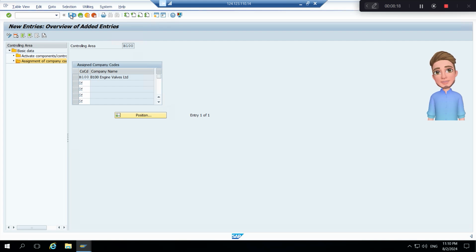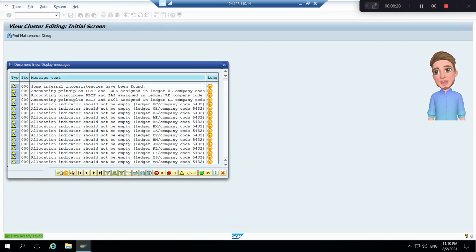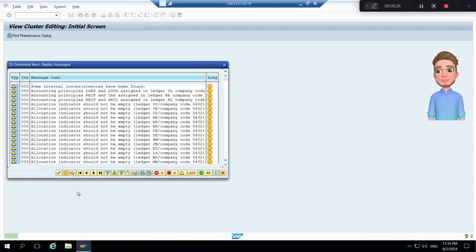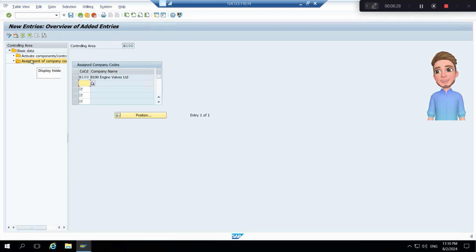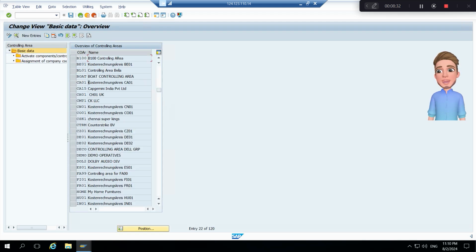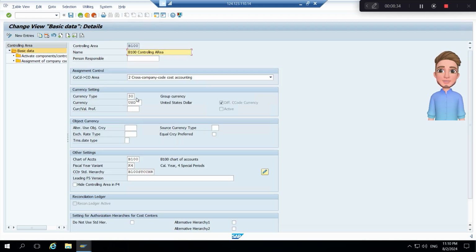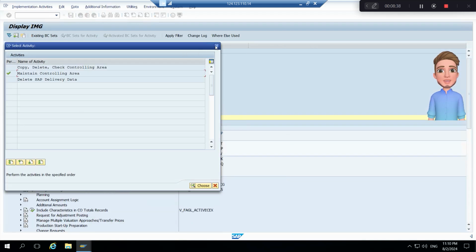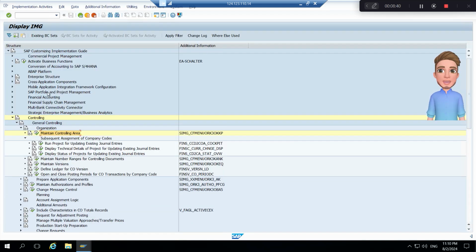If you refer my FI screen, I showed you that the group currency was not populated. Now when I go back to that particular transaction, you will now see that the group currency is populated because I have assigned the company code to the controlling area, and in the controlling area I have given the setting as group currency 30. Okay, let me go back, close this, go to financial accounting,